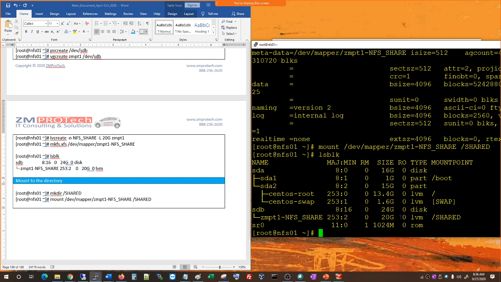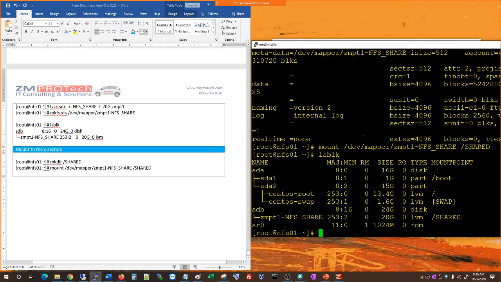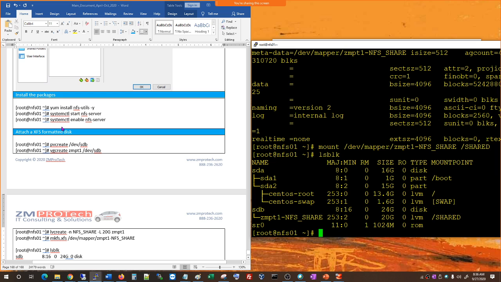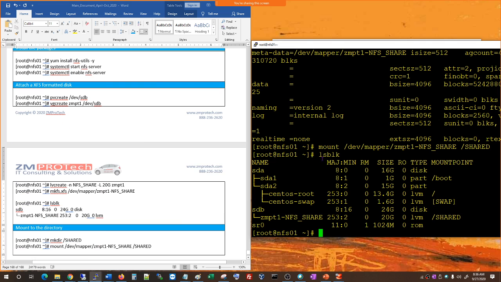So now we're going to use, so far we've been using it locally here, right? Now we're going to use it across the network. Okay, so you mounted the directory. So now what we're going to do is create a default shared file here. Okay, so when we install the NFS package, it creates a directory here. So we install the NFS package, right? So what we're going to do is we're going to vi